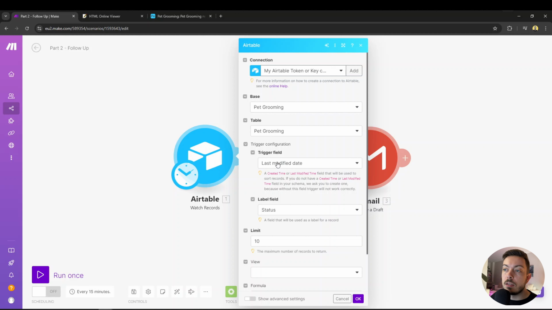So let's open up Airtable, connect Airtable again, connect to the same base, which will be pet grooming. And then what we're going to do is we have a trigger field. Now, remember we were talking about the creation date and the last modified date? What we're going to do now is monitor the last modified date. Because it's running on a consistent timer, it's basically going to check every 15 minutes for the last modified date of records. And if there's no new records, then it won't